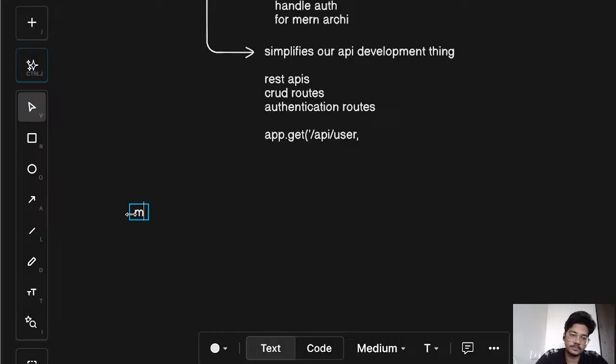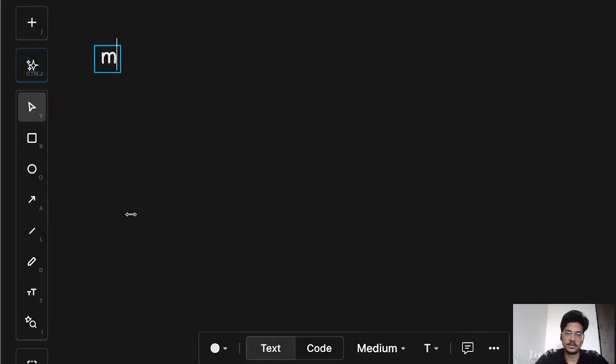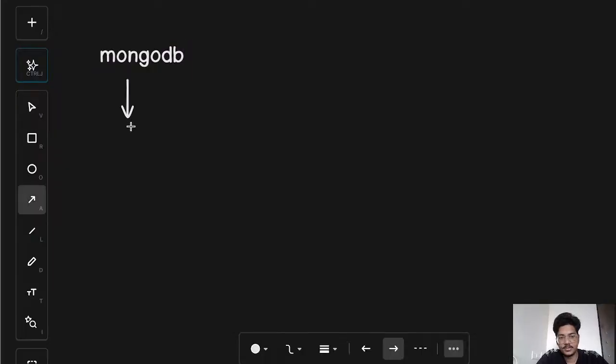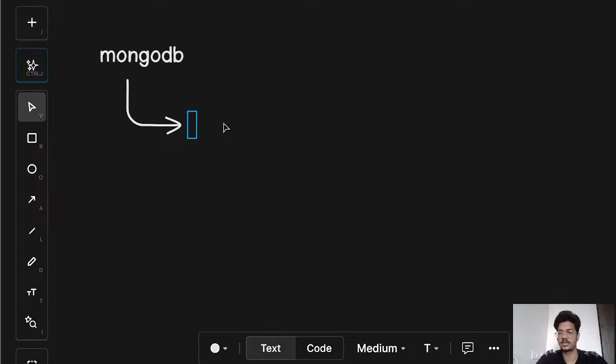MongoDB. So MongoDB was used as the main database because it is flexible, fast, scalable, and perfectly suited for real-time applications like live chat and these things. That is why we use it, because it is schemaless and